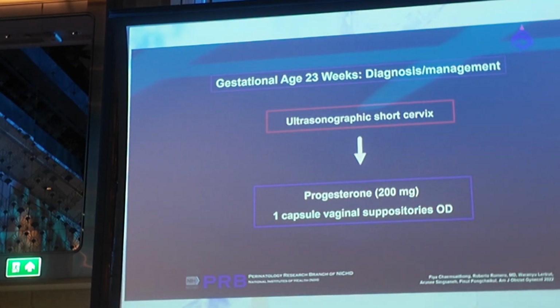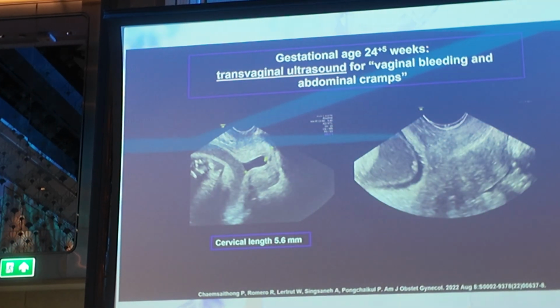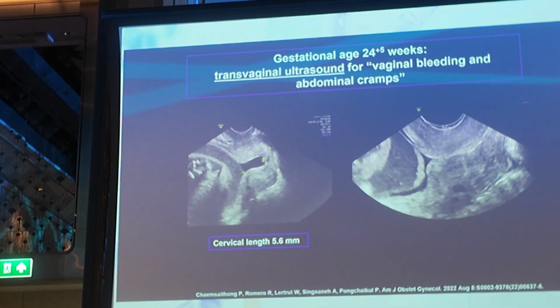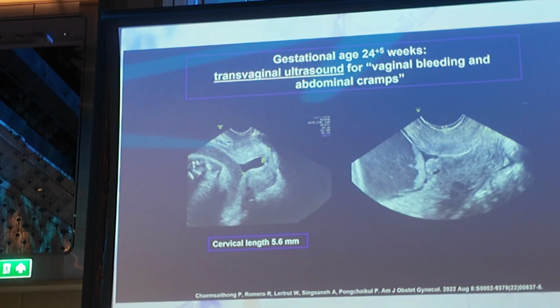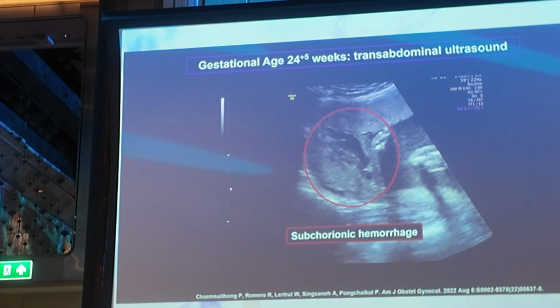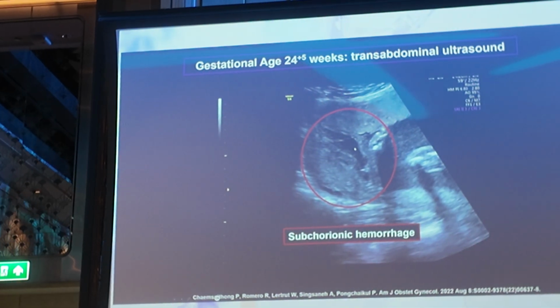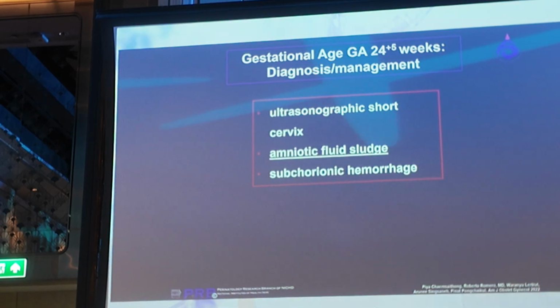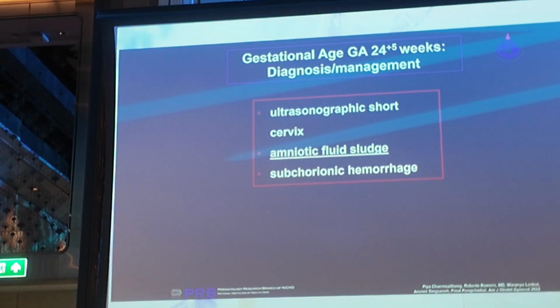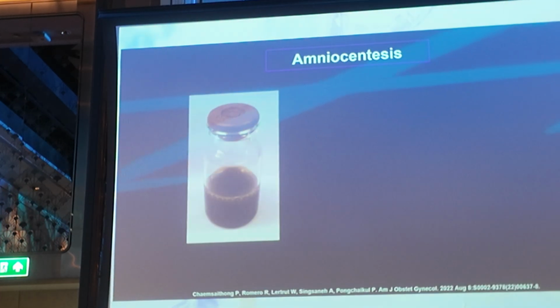Well, the patient had a short cervix, so she was given progesterone. Look at the funneling over here, and look at the sludge, beautiful sludge. There was a subchorionic hematoma, and I think that is a problem because that is accumulation of blood outside the membranes. And at 24 weeks of gestation, there is amniotic fluid, particulate matter, subchorionic hemorrhage, and amniocentesis is performed,